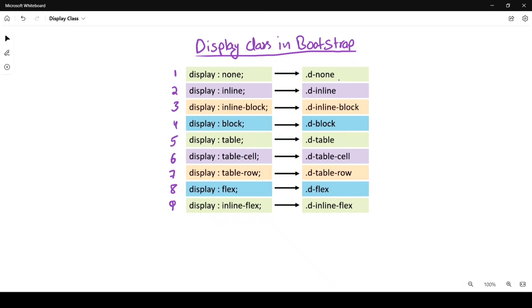can provide d-none. If we want to convert block into inline, then we provide d-inline. If we want to convert it into inline block, then we provide d-inline-block. And similarly, if we want to convert inline into block, then we can provide d-block. If we want to provide table, then we can provide d-table. If you want to provide a cell of a table, then we can provide d-table-cell. And if you want to provide a row, then we provide